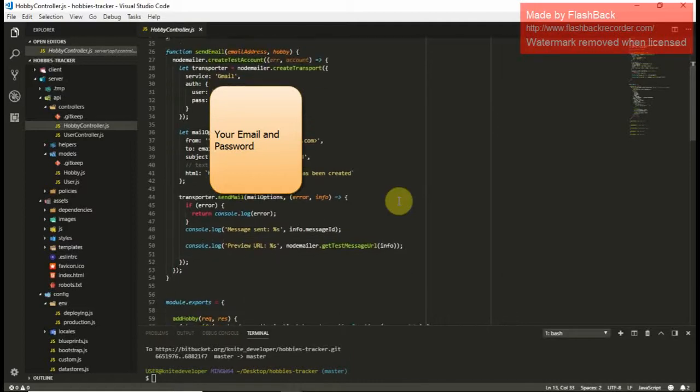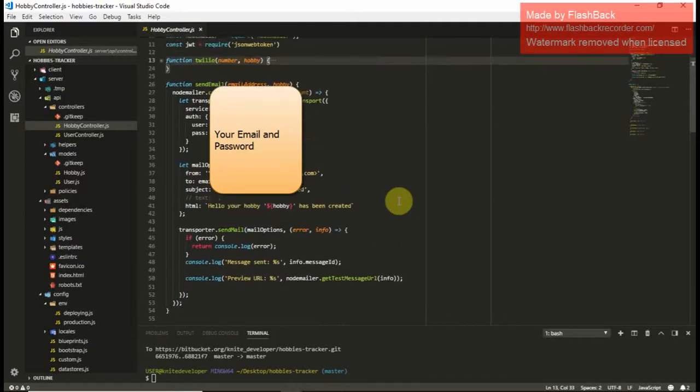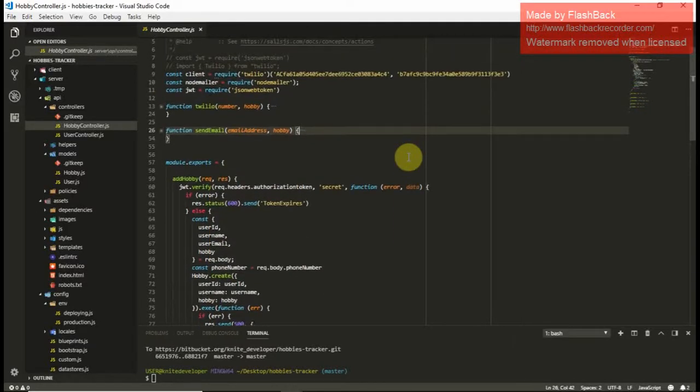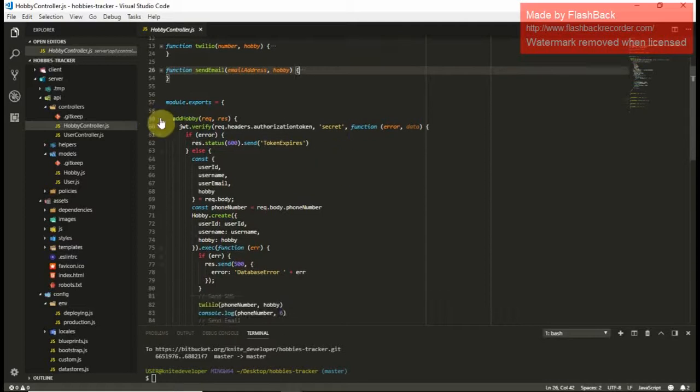Then for Nodemailer, it's pretty much similar to how Twilio works. You just input your email and it does the rest. You select the service and you select your password and everything. So back to the controller itself, we have the add hobby